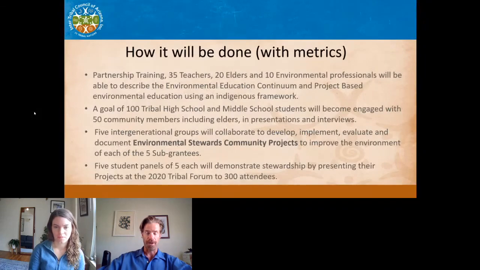How will this be done? We wanted to really convey to the EPA that we would have to set certain metrics to say that this is how it's completed. I think having metrics, if you can, does help the panel, the reviewers, to say, hey, this is how many people will learn from this project. This is how many people will be involved. These are all the parties. And when you do your reporting, it does help to see if you have reached those types of goals.